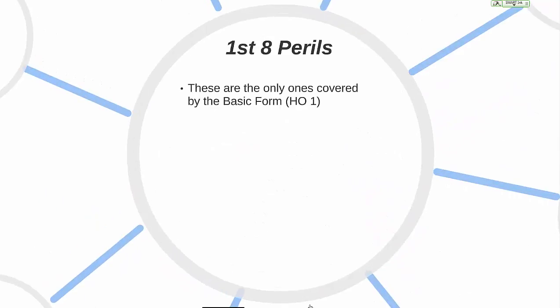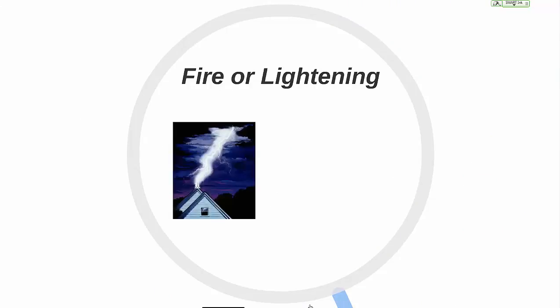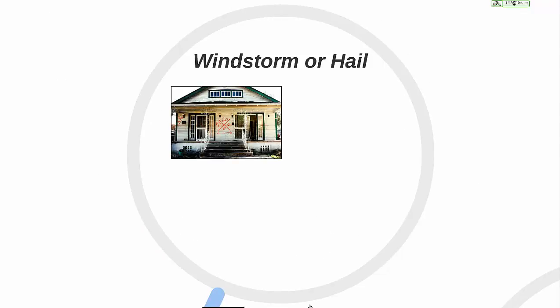The first 8 perils are the only ones covered by the basic form, HO1. The basic form isn't even discussed in your text, but it's important for us to mention it because it's now commonly sold in South Louisiana because it is hard to get coverage there because of the hurricane exposure. Let's go through each one of the first 8 perils. Fire or lightning, windstorm or hail, which does cover hurricane damage,